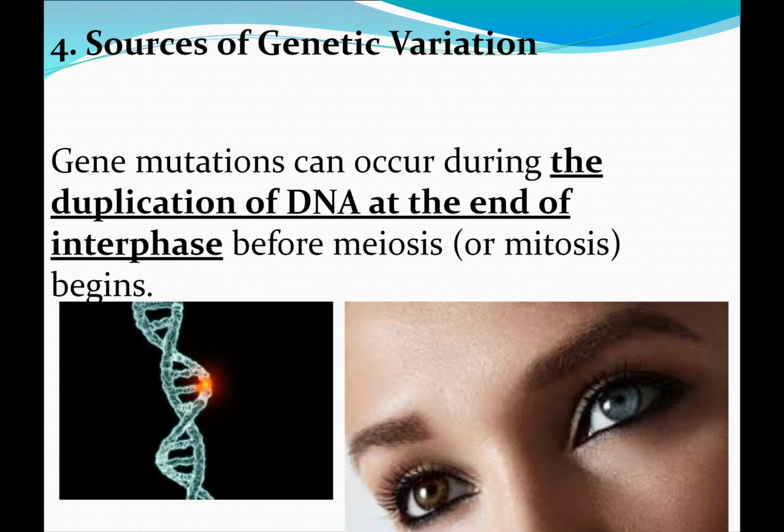Okay. And finally, the source of genetic variation is gene mutation. We're going to talk about mutations later, and actually this plays a key role in COVID-19 because genetic mutations don't only happen in sexual reproduction but also asexual. So gene mutations can occur during duplication of the DNA at the end of interphase before meiosis or mitosis can begin. So basically that's when your DNA just randomly changes. You were completely healthy, the sex cells were completely healthy, but then boom, something changed, and now your kid might have a genetic defect, or the bacteria might have a genetic defect and evolve.